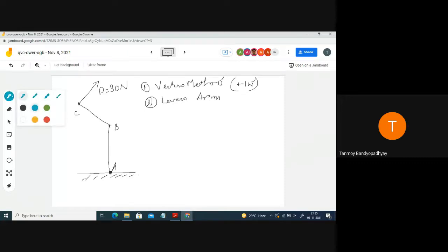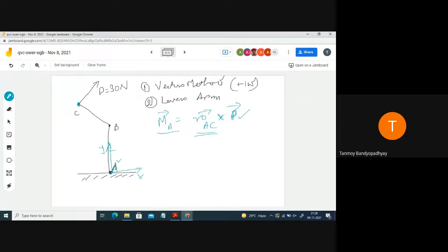Since in this case I intend to find out the moment of the force about the point A, my point of interest is A. So in that case you take the origin at this point. Now you shift the origin to this point, and then you calculate MA, which is equal to R AC cross vector P. So taking A as the origin, you calculate the coordinates of the point C, and then you cross it with the P vector. P vector is also known to you, so just do it at your home and see what answer you get for the moment in terms of vectors.